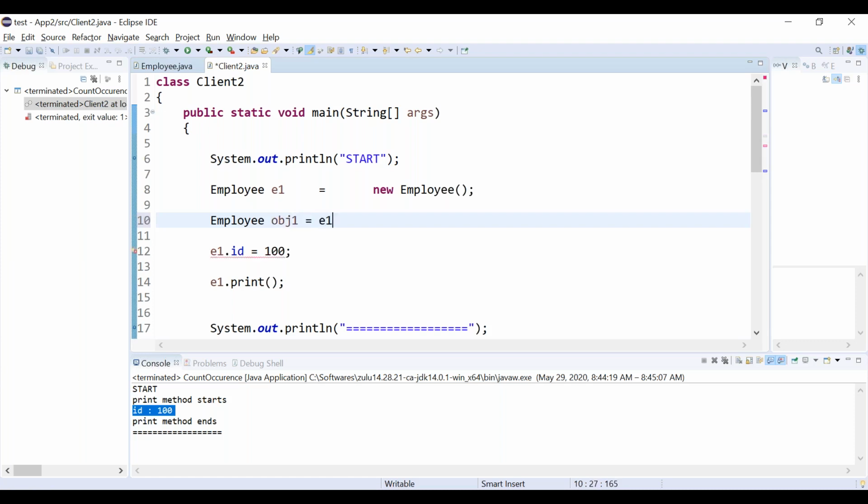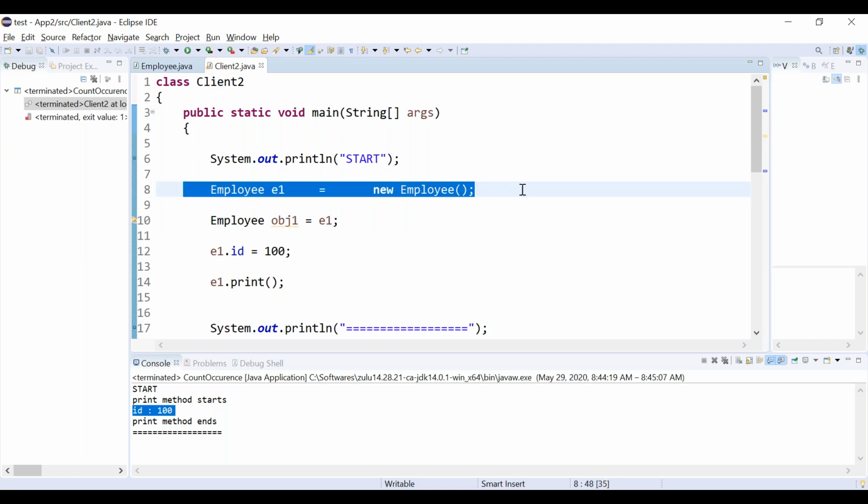Can you understand how many objects we created here? I said we can create an object using the new keyword. How many new keywords have we used in this program? Only one. It means only one object is created in line number 8.